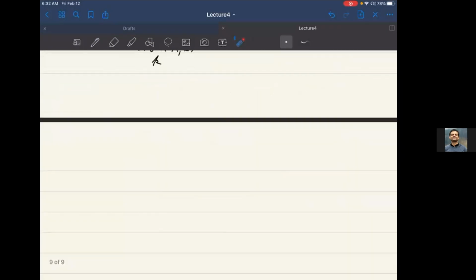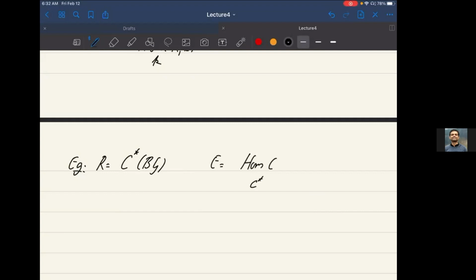So one last thing I want to say, going back to this example, when you look at R to be cochains on BG, if you look at what E is, this is looking at endomorphisms of K. The topologists would know this computation easily. Either it's the Eilenberg-Moore or the Rothenberg-Steenrod computation. So this is the same as chains on loops on BG, which is the group algebra of G.